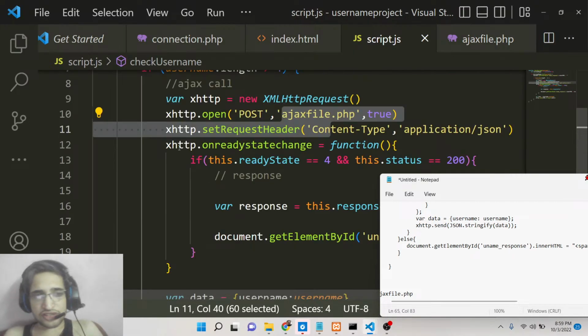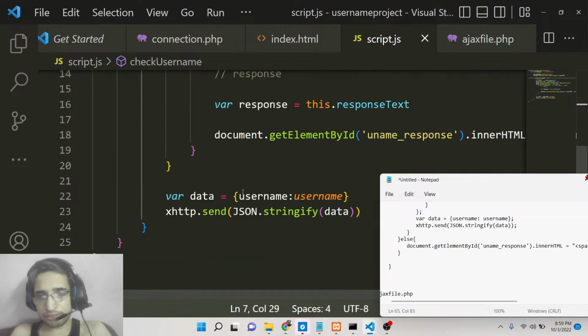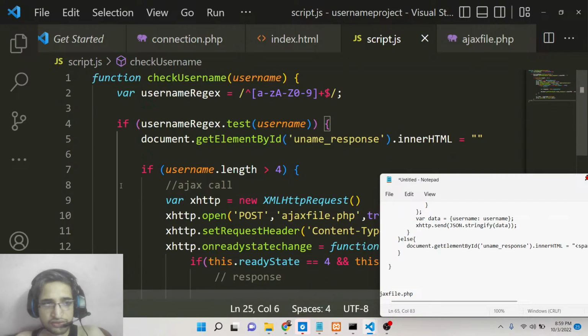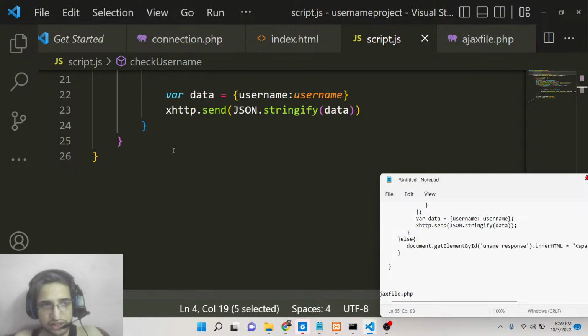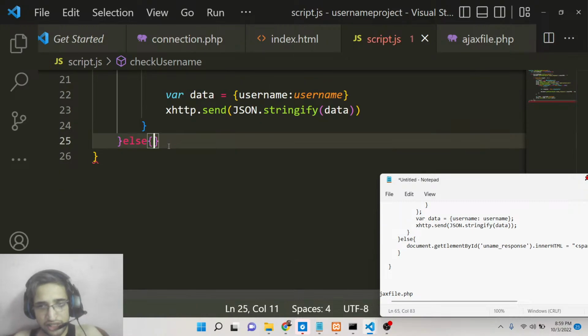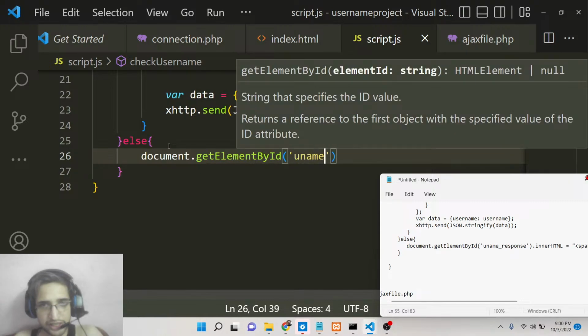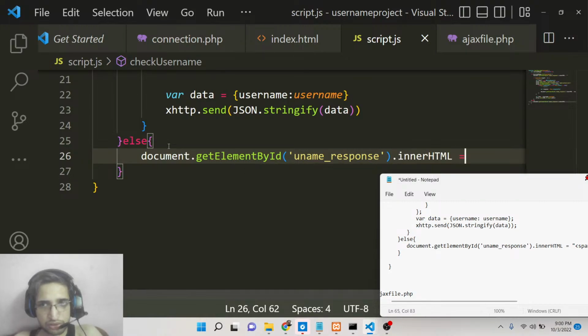If the username is smaller than 4 characters, or doesn't pass the regular expression, in that case we will have an else condition, and inside this else condition, guys, we will simply say document.getElementById username_response, and here we will say innerHTML is equal to